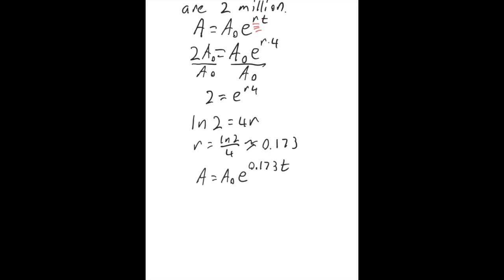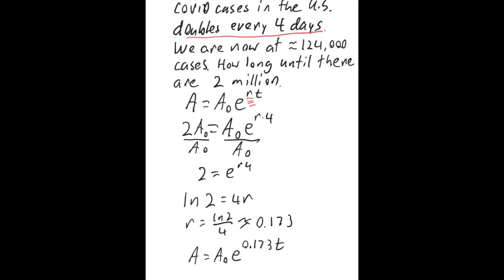Okay. All right, now we're starting with 124,000 cases, and we want to know when we get to 2 million. Okay, so we're going to put in the 124 for our starting. We'll leave off the 3 zeros. Okay. 2 million, if we cut off 3 zeros, gives us 2,000. Now let's solve this for t. First divide both sides by 124. 2,000 divided by 124. So 16.13 is e to the